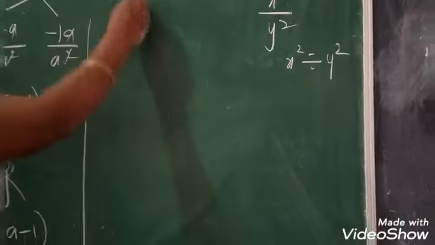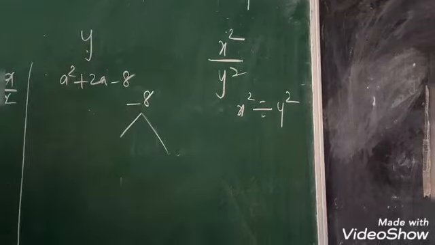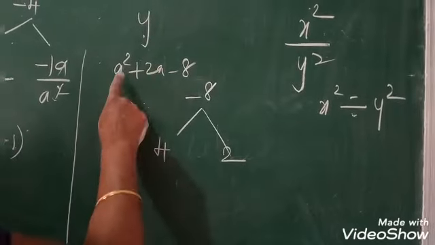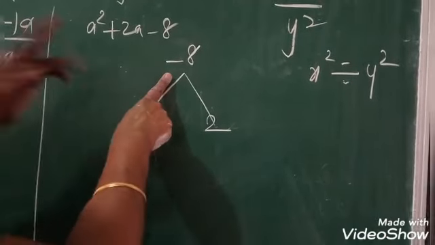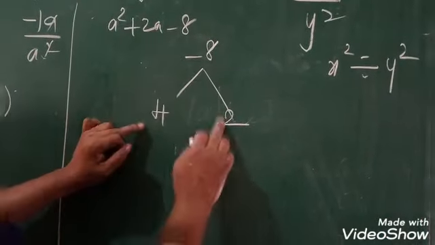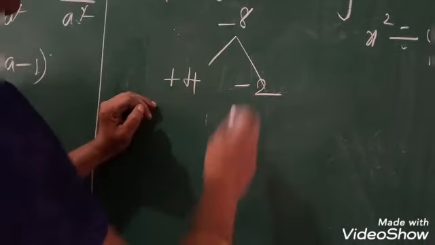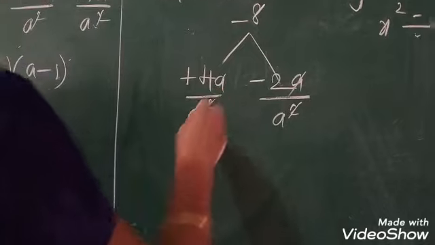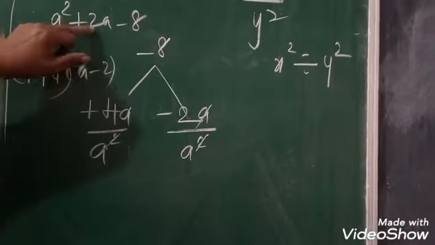Yes. Sir. Now I am going to y. Simplify the y. The numerator is a squared plus 2a minus 8. If you multiply, you will get minus 8. If you add, you will get what? Yes, 2. Now we want to find the factors of y, girls. The numerator a squared plus 2a minus 8. If you multiply, you will get minus 8. The same numbers add to 2. Okay, girls. 4 2s are 8. Where do we want to put minus, girls? Yes, the biggest sign is plus. The smallest is minus. Divided by a squared, a squared. Then you will get the factors a plus 4 and what? A minus 2, the factors of a squared plus 2a minus 8.